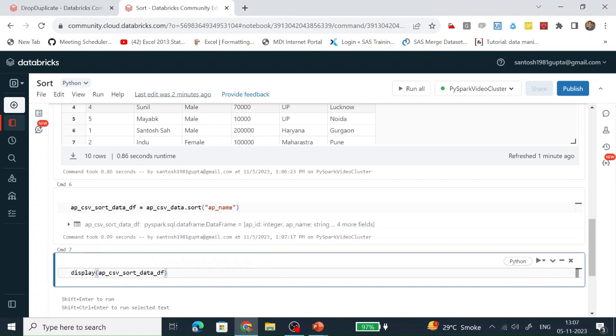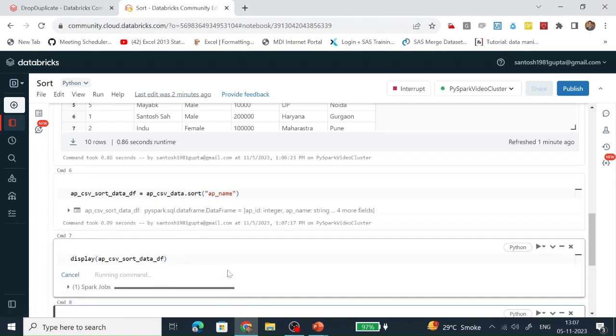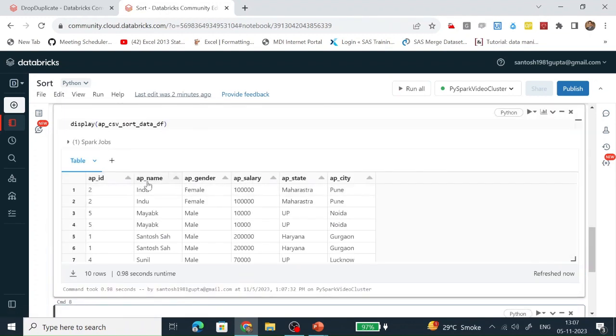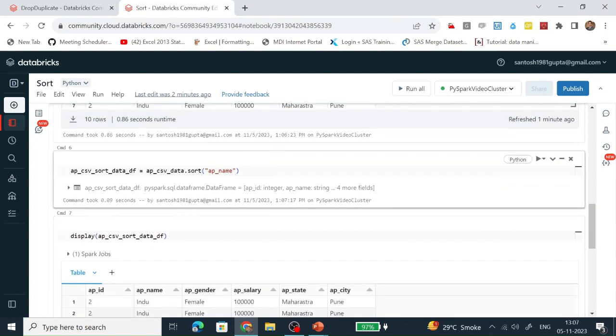Let's display it. We can see it has been sorted successfully. By default, if you are not providing in which order the sort should be, ascending or descending, Spark will consider it as ascending order.